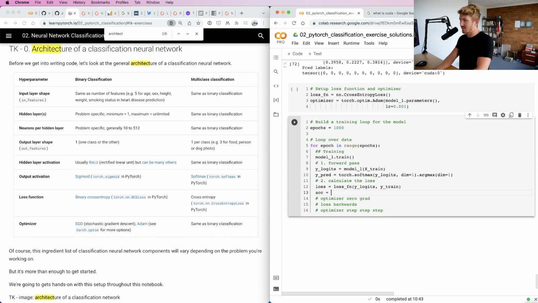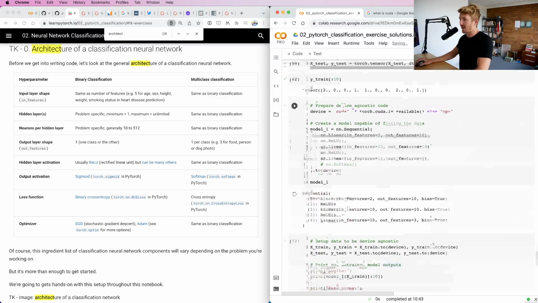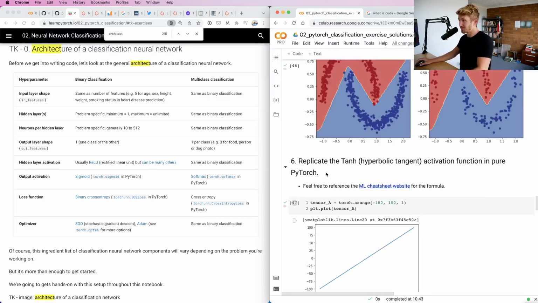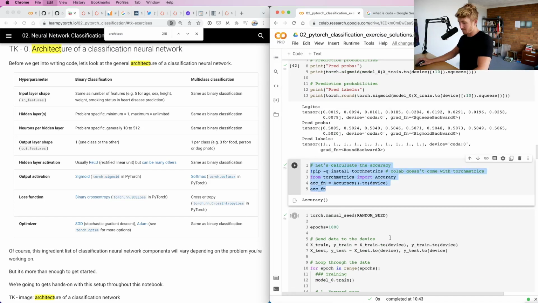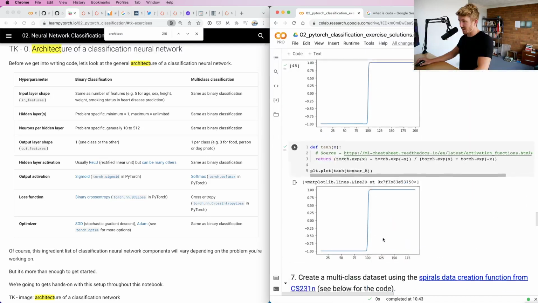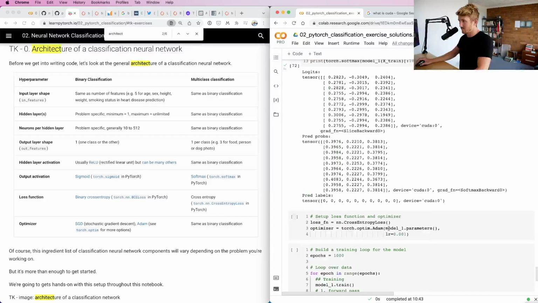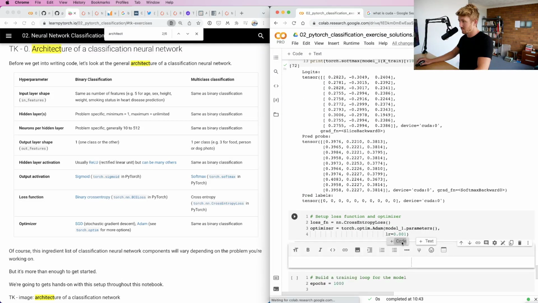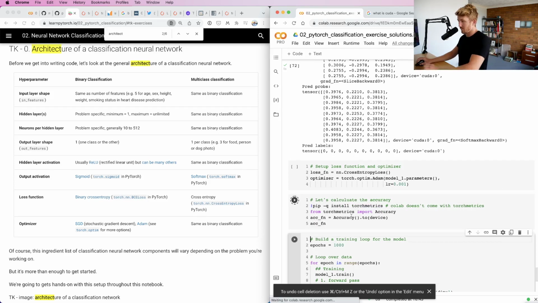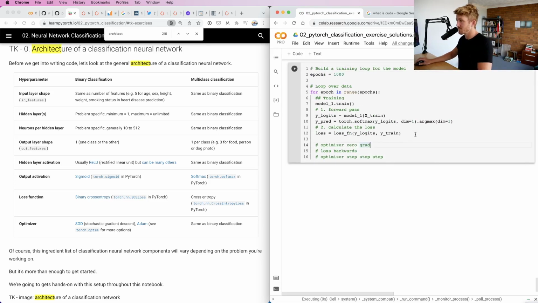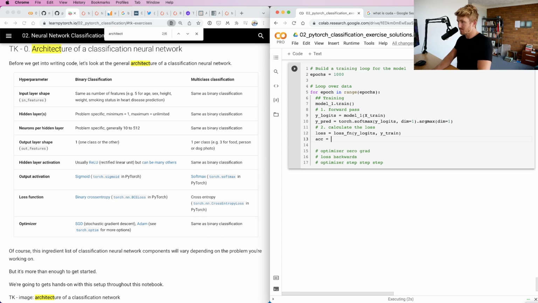And we can do the accuracy as well. So we'll get the accuracy function that we got up before. I'll bring this down here. Accuracy function, acc equals